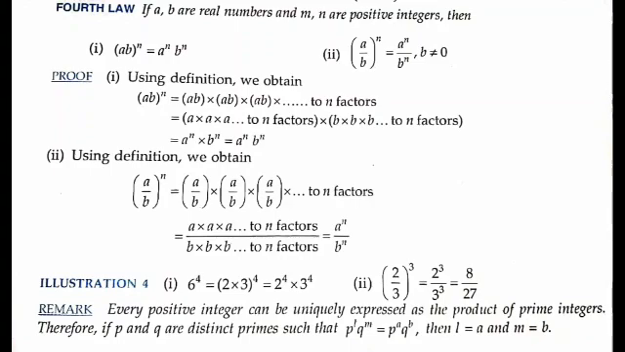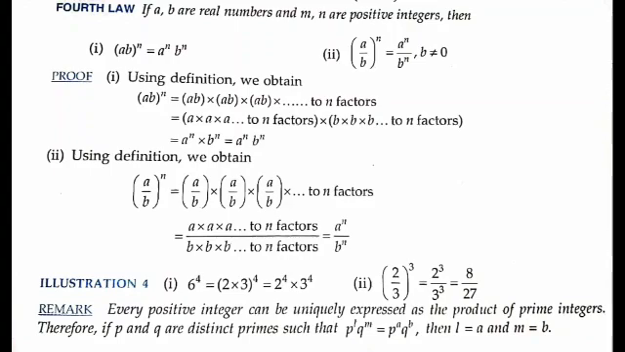So if we get the prime factor of 6, we can write 6 as 2 into 3 also. So we have (2 into 3) whole to the power 4. So it can be given as 2 to the power 4 into 3 to the power 4 using the fourth law. In the second example, I have